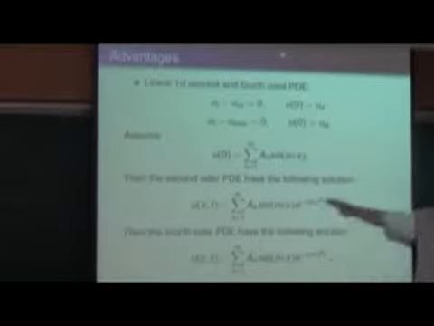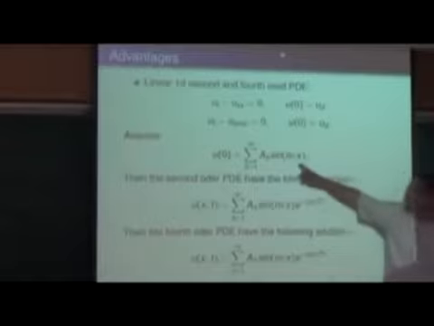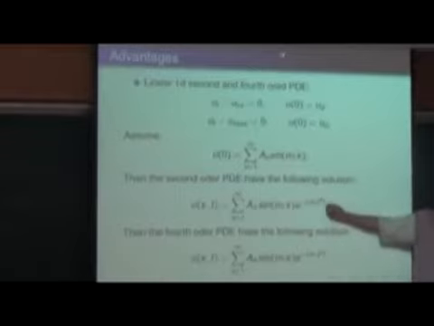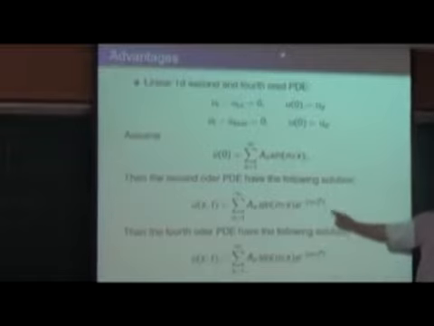Yeah, so this will be the Fourier solution for those two equations, either on the infinite line or just on 0, 1, but then the boundary condition will alter the sine or cosine. So this will be the solution for the second order, and this will be the solution for the fourth order. If you look at those two solutions in the Fourier sense,